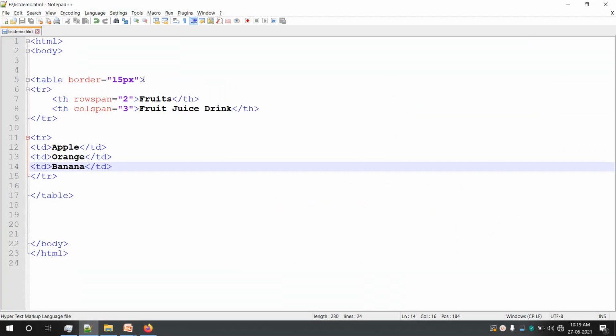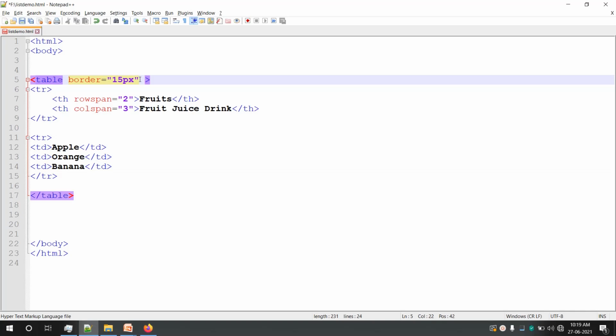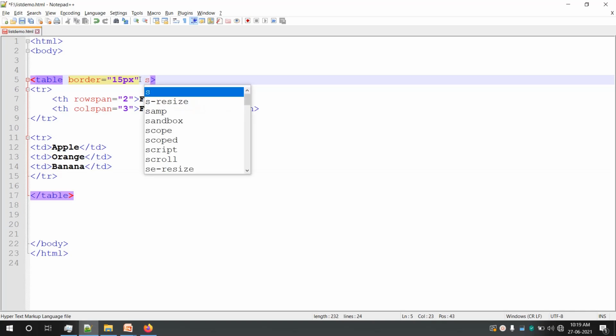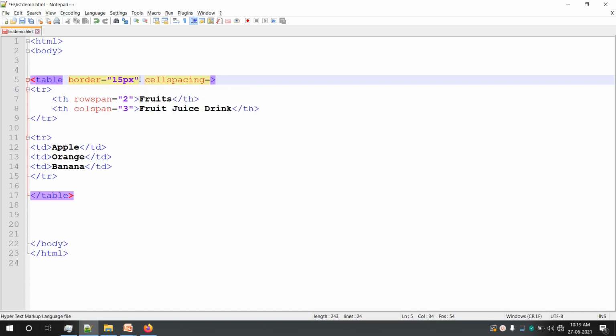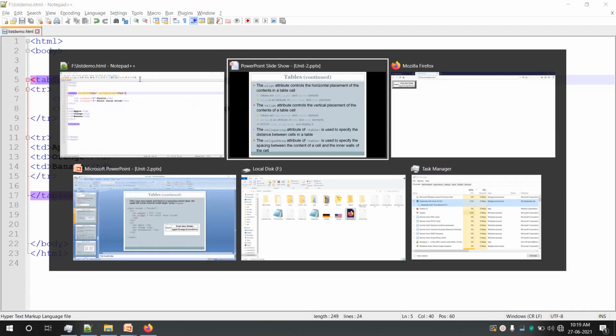Apart from border, I'll add one more attribute, that is cell spacing, and this is equals to, I'll say, some 50 pixels. I'll save this and let us verify the difference now.